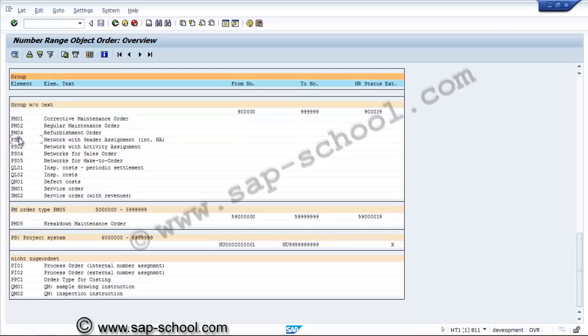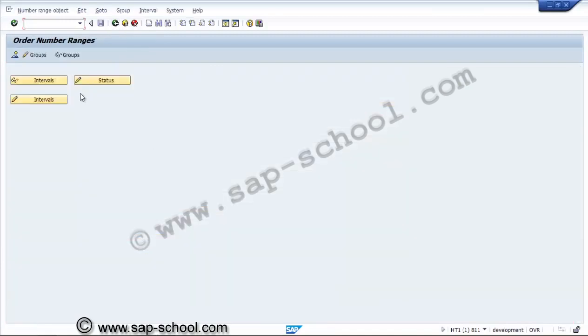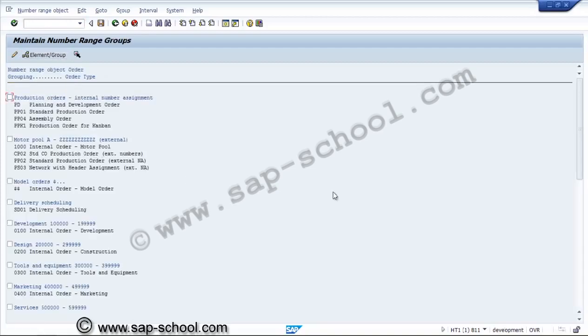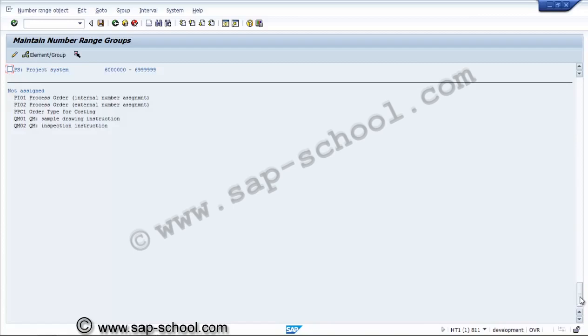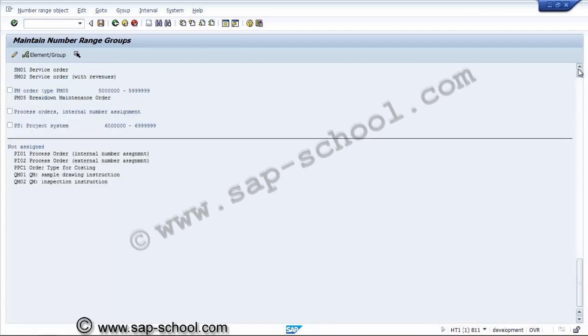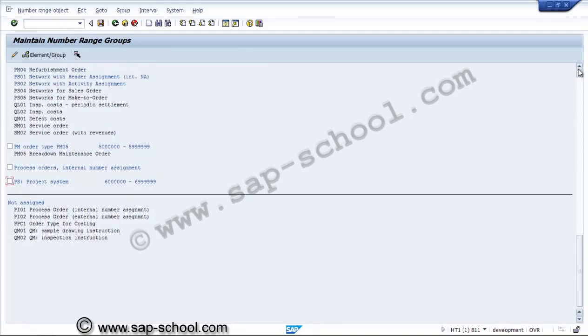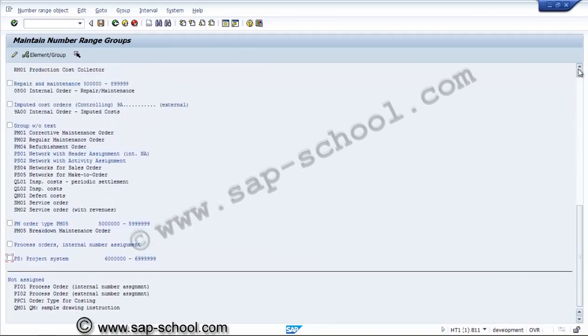So this we have to assign back to our new number range group. Here we will take PS01, and PS02 will shift to the new one. We have created the network,